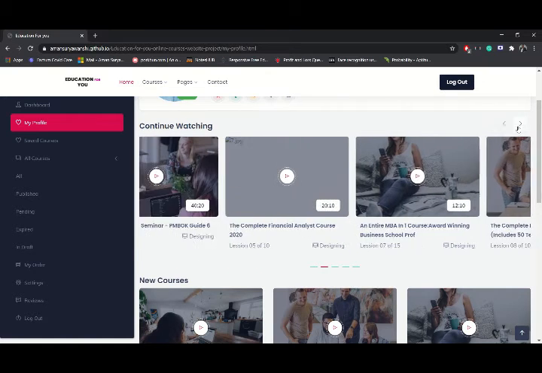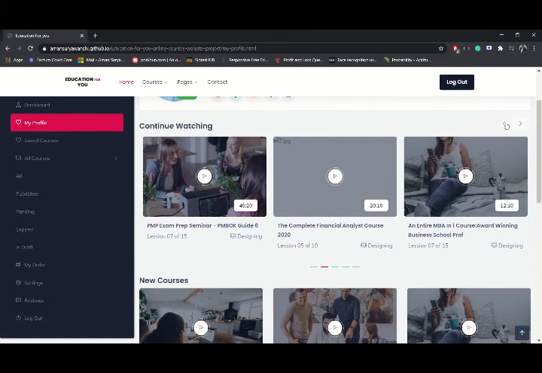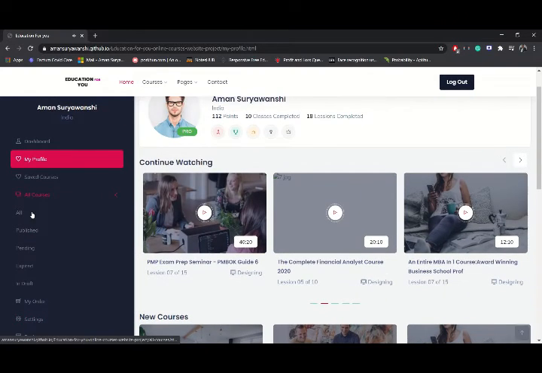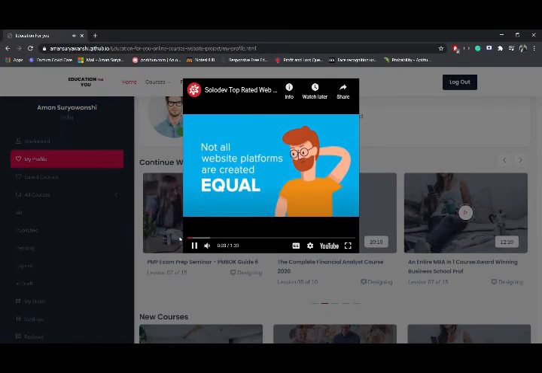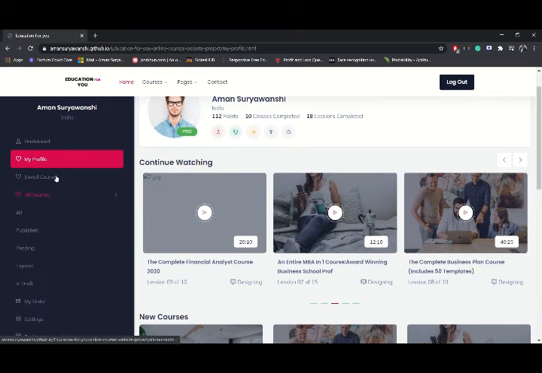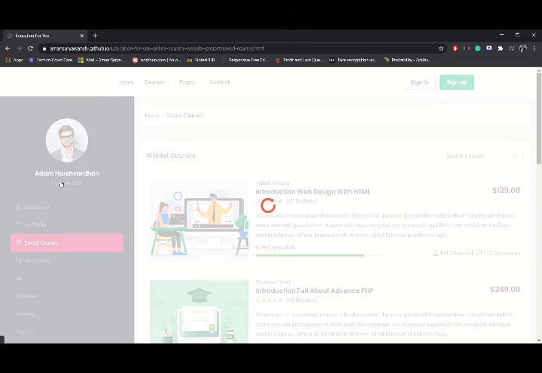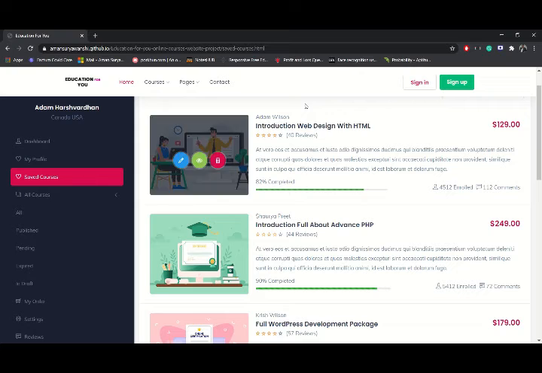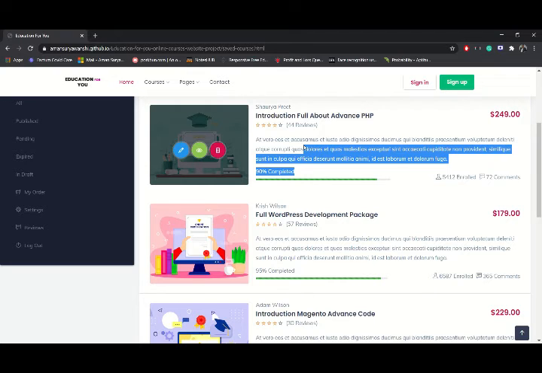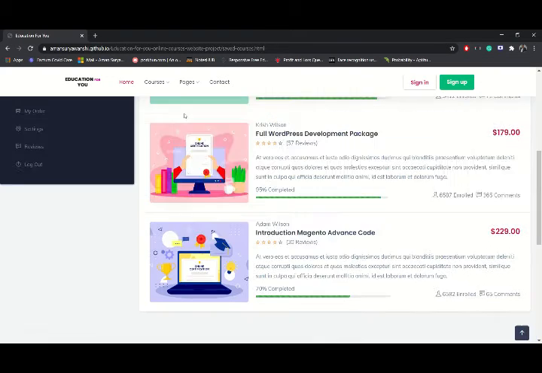This also uses the JavaScript and jQuery. Then we have the new courses here. This also has the automatic features of playing videos, like included iframes. Then we have the saved courses tab, which shows that these courses are saved by the user. It shows everything about the course. It also shows the completion bar, which also uses Angular. So this is also one of the features of this tab.